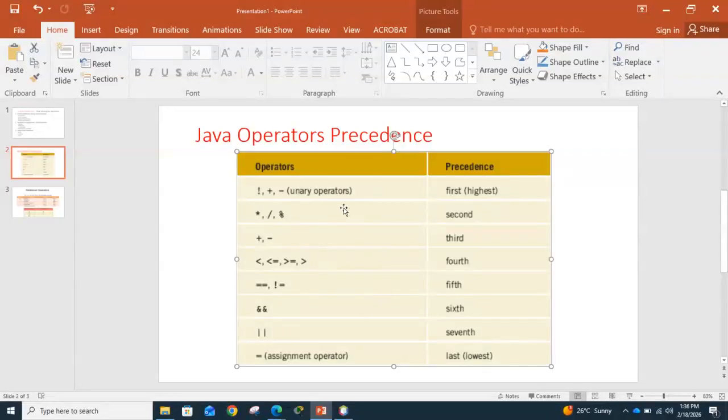So these are unary operators. You see the precedence here. The priority is for the unary operator. When we have an expression with a mix of operators, the priority goes to the unary operator. Second, it goes to the multiplication, division, and mod operators. Next, addition, subtraction. Then fourth in precedence, generally from this list, comes